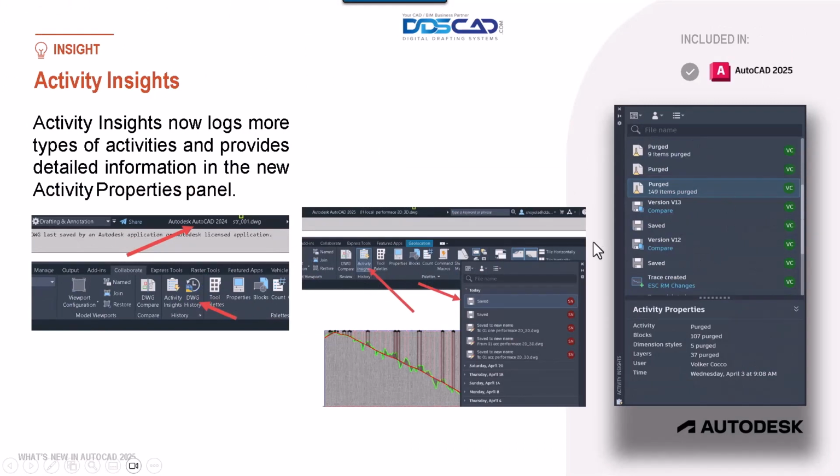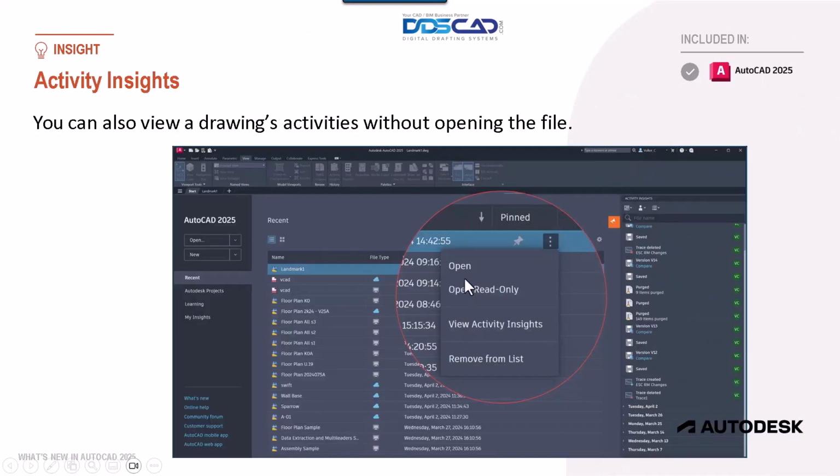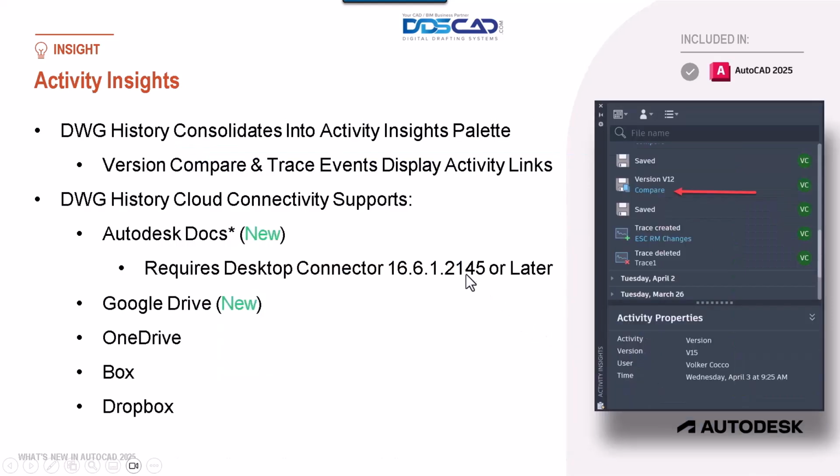At this location, we have access to the files. We are able to preview Activity Insights prior to opening the file. To enable this option, we just locate the ellipsis, right-click, and select it. The change that has been made is the consolidation of DWG history within Activity Insights, which can now be found within the palette. The subject matter of comparing versions, visualizing it within the context of traceability in the events that